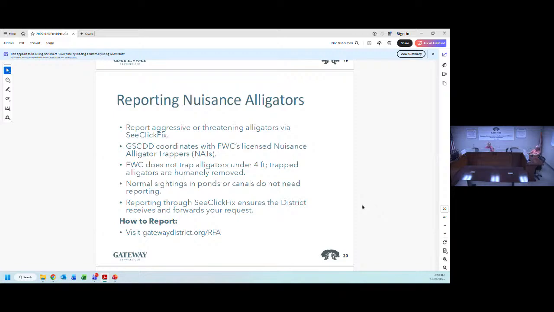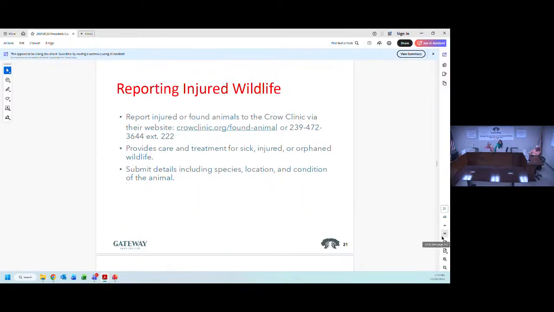And then the next one is going to be CROW, and that's the Clinic for, I think it's Rehabilitation of Wildlife. Yep. You report injured or found animals. If you're walking or within your community and you see an animal, typically it's like a bird that I've experienced, and then you can go to their website or give them a call, and they're able to coordinate with their volunteers to either schedule a pickup or for you to drop them off at the clinic. Provides care and treatment for sick, injured, or orphaned wildlife. And then you submit the details, including the species, location, and condition of the animal, and then they're able to